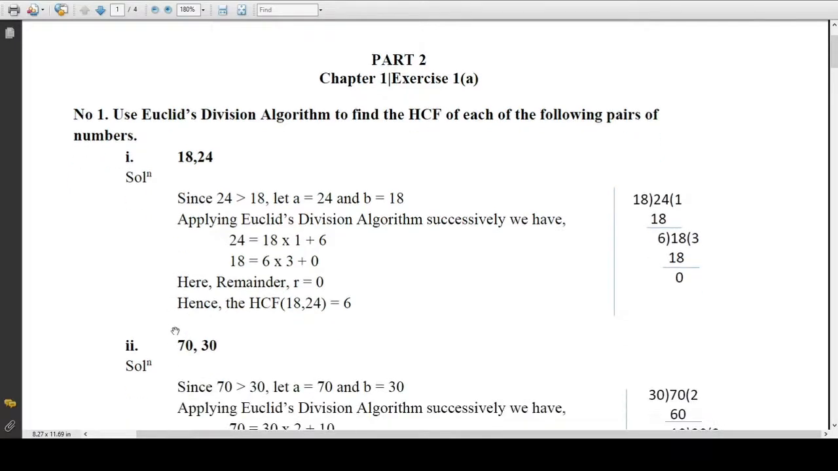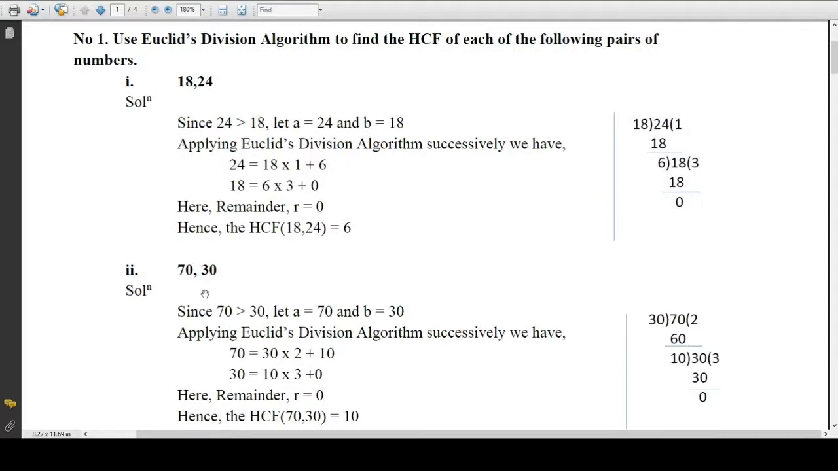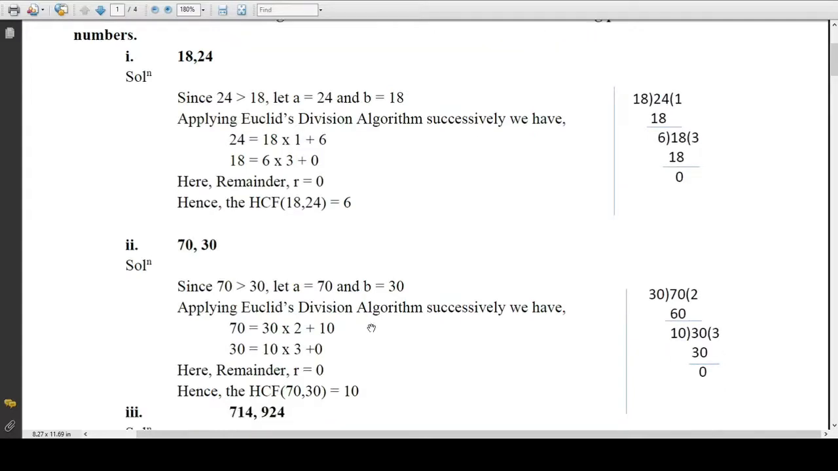Okay. The second pair, the same thing. You take A as the bigger number, which is 70, and B as the smaller number, 30. Now we divide 70 by 30, you will go with 2, 60. Remainder is 10. 30 divided by 10, you will go with 3. Again, remainder 0. Since the remainder is 0, the algorithm will stop here, and the HCF will be the last divisor,